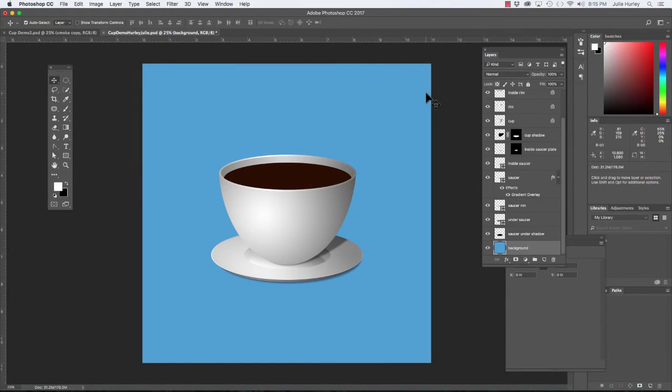Hey everyone, so this is part 3 and the final video of rendering this coffee cup. So now we're really just going to be focusing on some details. Let's start with the cup. On the cup we're going to create a new layer and we're actually going to create a little bit